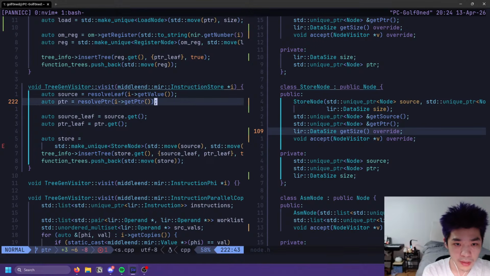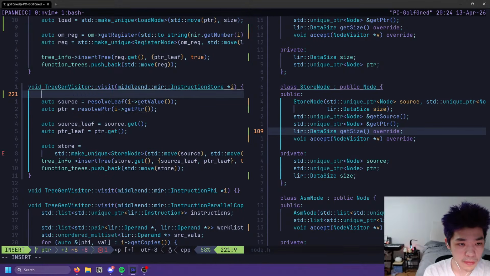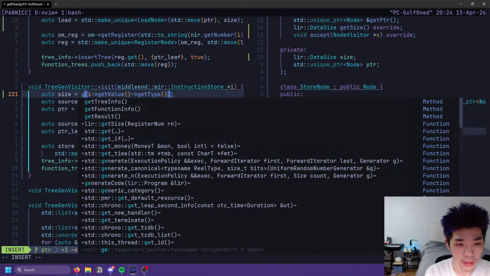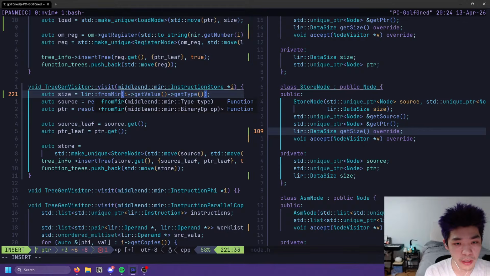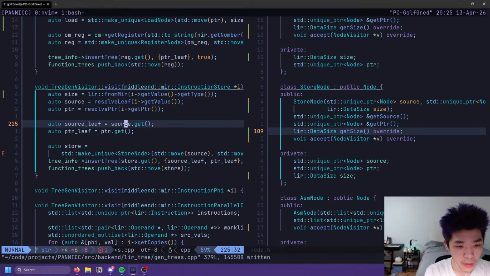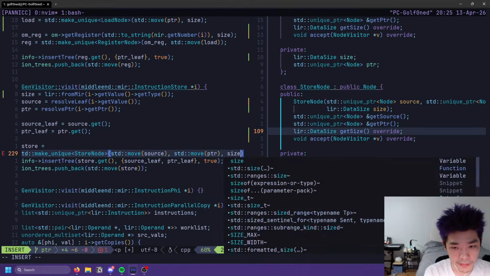Okay. So we want size equals get value, get type, and then we want, oh, that's in the wrong place. Unfortunate. Get LR from MIR. Let's do that, and then let's give this size.